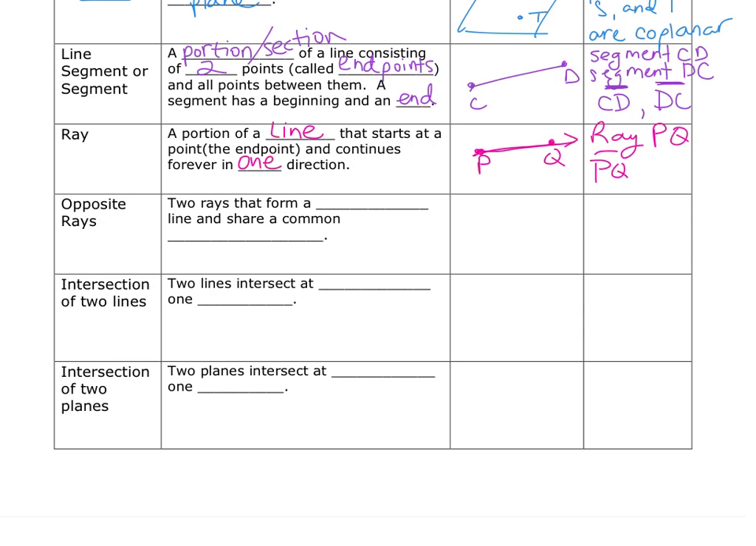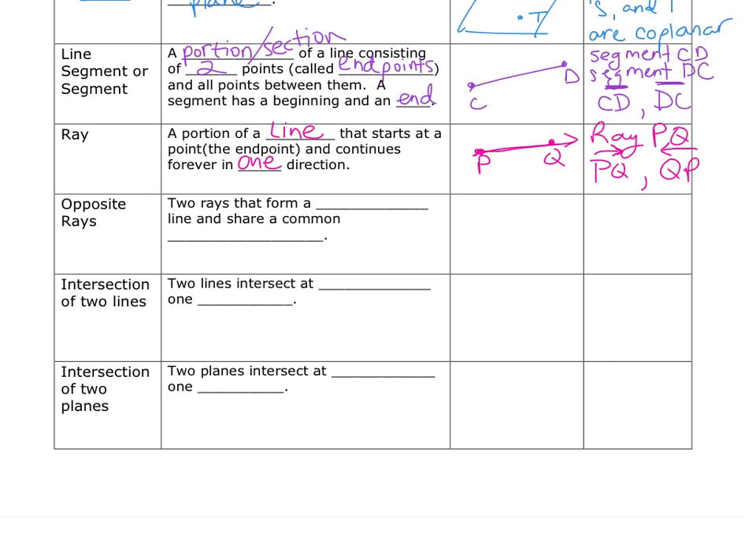So when we write it, it needs to start at point P and go through, and our arrow portion will be above our Q. If we switch our letters around, so it would be QP, then we still make sure it starts at point Q and the arrow goes above the point P. So it does make a big difference on which direction your arrow will go. Next will be